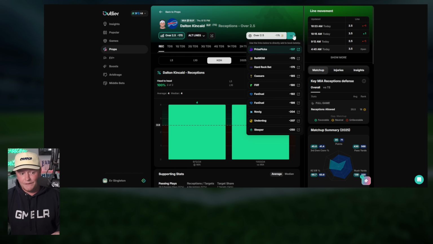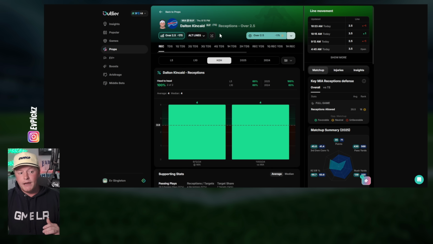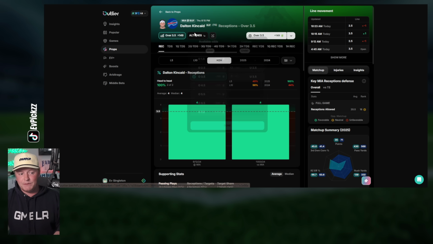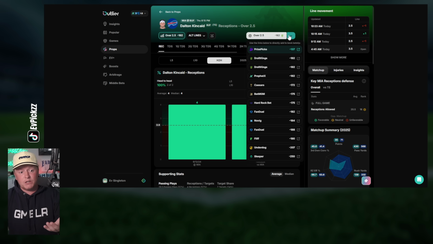We were able to look at this earlier at minus 165 on MGM, and I said, wow, that is a mispriced line. A bunch of prices were in the minus 190s, and glad we did, right? Now, I still don't mind this. Over 3.5 for plus 144. Let's refresh this and make sure we have the most up-to-date lines. Over 3.5 for plus 149 right now. Absolutely love that. In terms of 2.5, you can get it at minus 162.